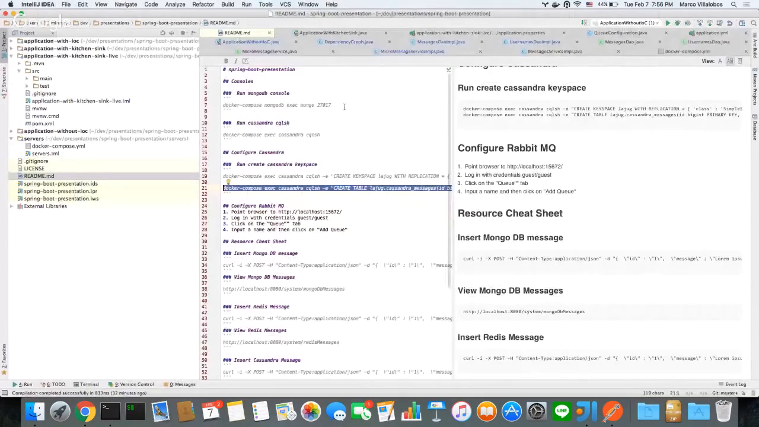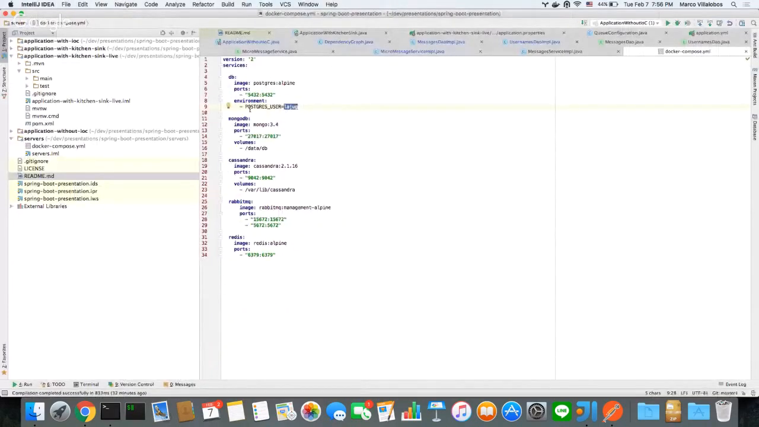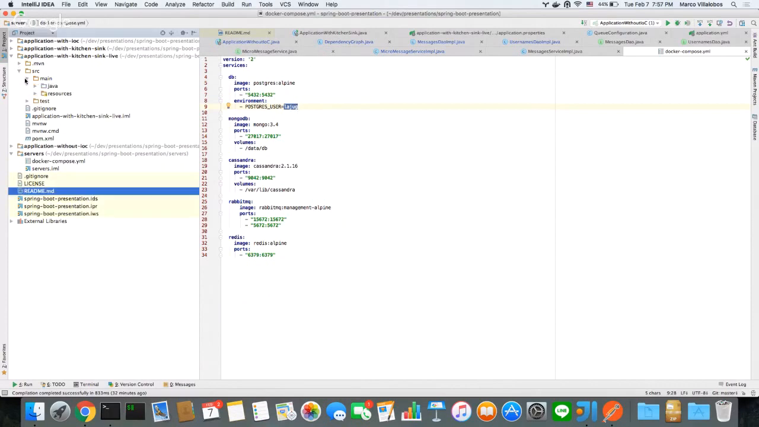So now I have these, where is it? 1, 2, 3, 4, 5 services running. And nothing's happening, they're just running in the background. But I need them for my application, so I want to write them first. Now,